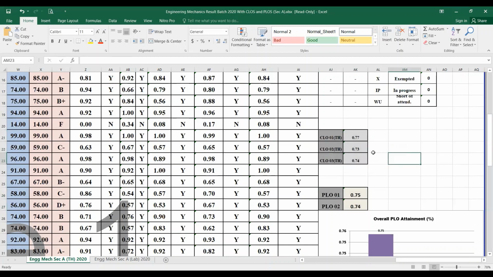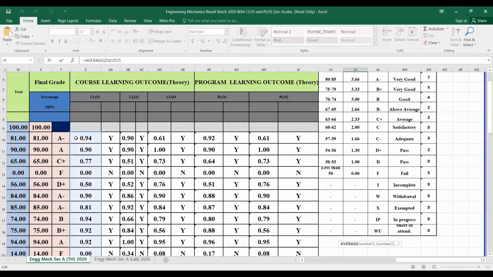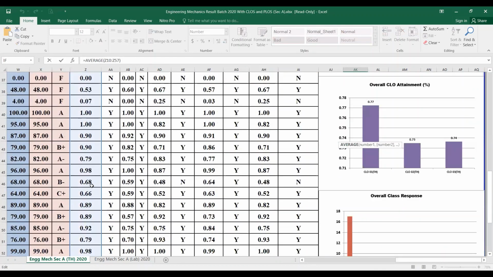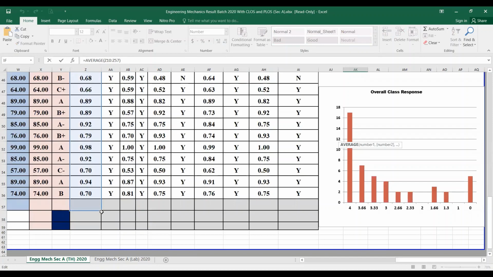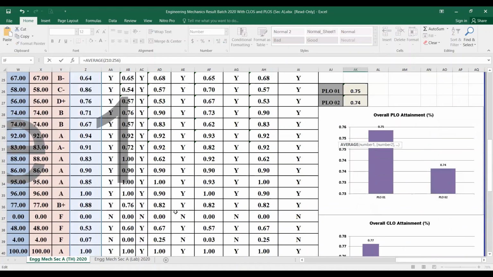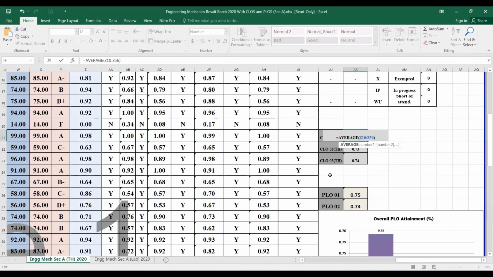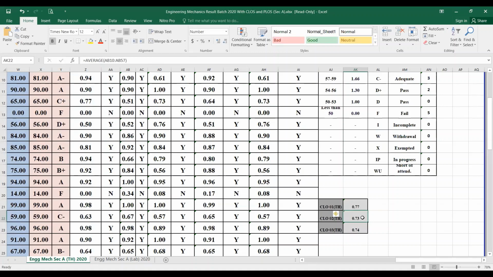Okay. What you have to do, let me show you, there is a formula AVERAGE, and you have to select the column of the CLO1 attainment of all the students of section A. So I have selected this one. This is the average, and I got average 0.77. It means 77%. It is more than 50%. If it is coming less than 50%, what does it mean? You have to revise the CLO. So let's have a look.